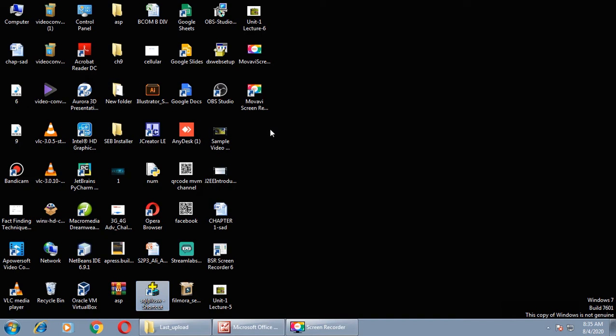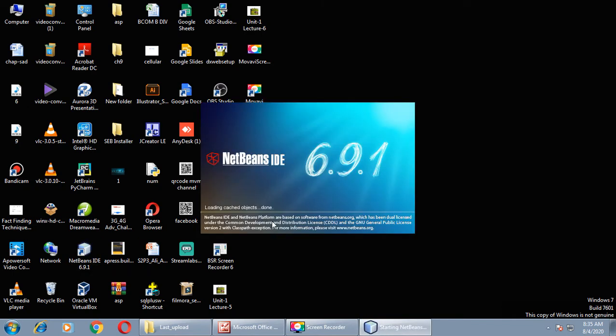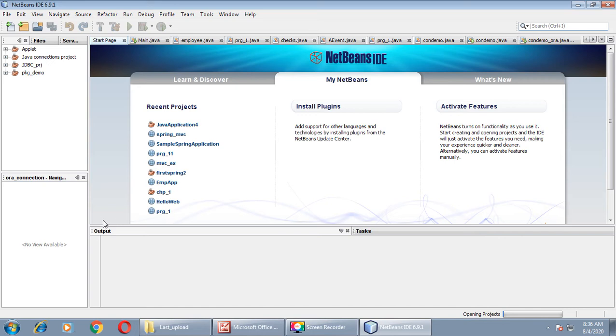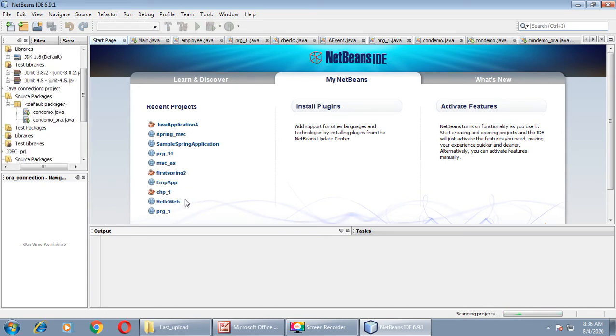Now let us open NetBeans. This program is a little bit different than the previous programs. Here we'll get some details about the database.